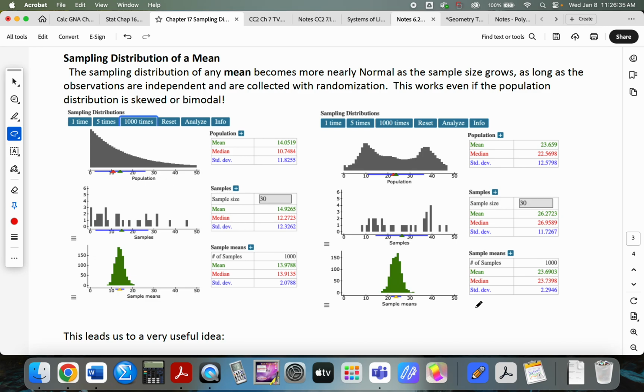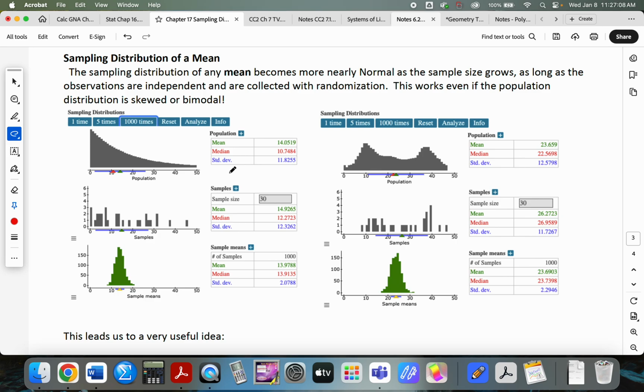So here's what we've got. We're going to go through this kind of slowly. This is an entire population of something, very much right skewed. It has a mean of 14.05 and a median of 10.7. That's a pretty good clue when those are that far apart that this is going to be skewed to one side. And the standard deviation is 11.82. Okay? So